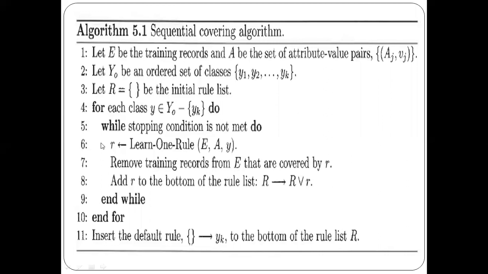Next, once we find this rule, we will add that rule to the rule list, that is R. So we will consider the disjunction here, R disjunction r. Capital R is the rule set here, and small r is the rule that we have discovered, and that will be added to this rule set R. So R implies R disjunction r. This is the greedy approach, or we can say iterative approach, that is followed by the sequential covering algorithm. Again it will repeat the same thing.